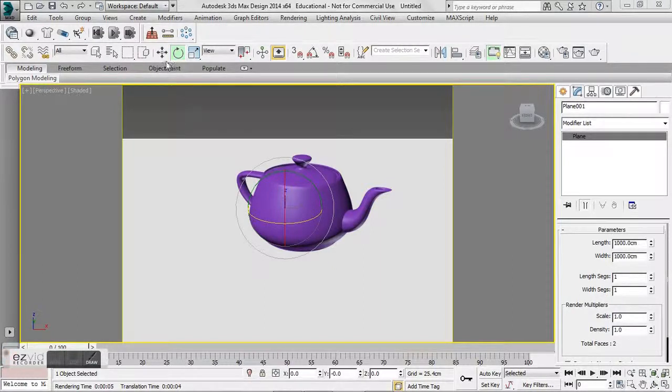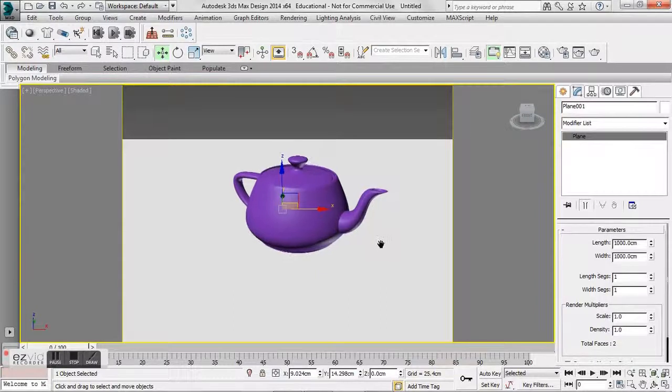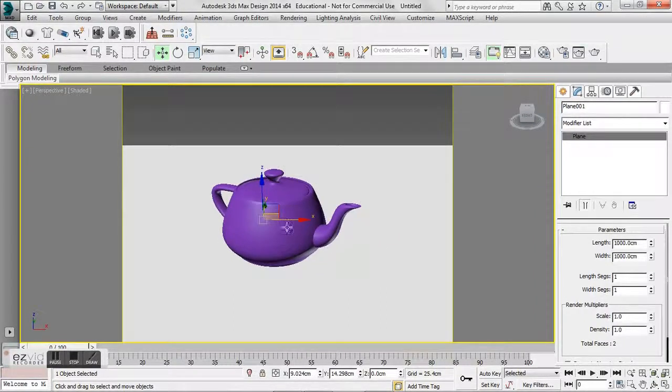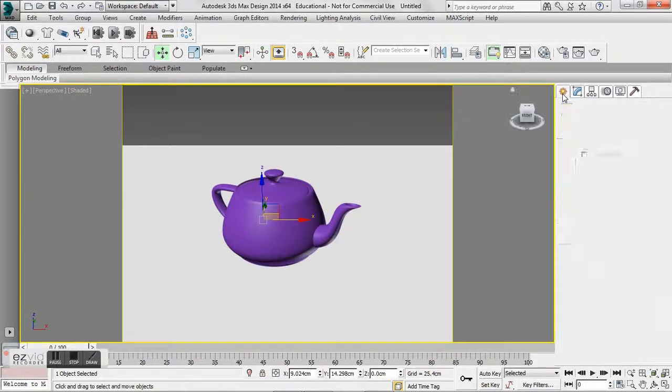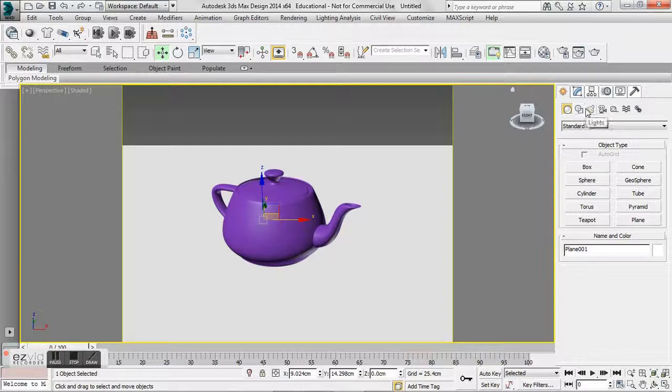Hello guys, I'm going to go over the basics of lighting in 3ds Max. We've been talking a lot about lighting, how it enhances your scene, how it really gives the overall environment a realistic feel. And of course, since we're working in a 3D program, it's excellent to have your scenes render as realistically as possible. So as we know, we go to the Create tab, we go over here to Lights, and